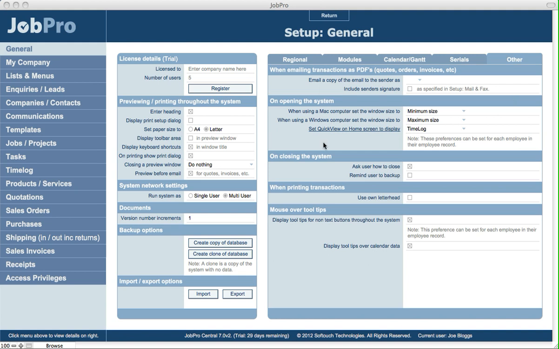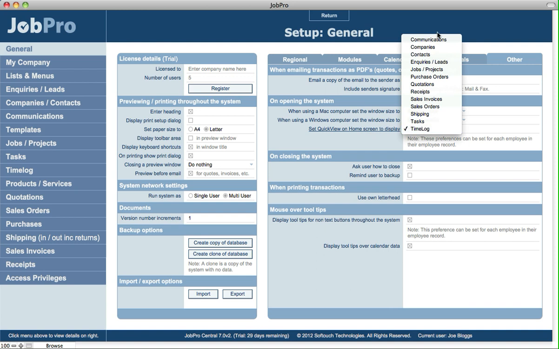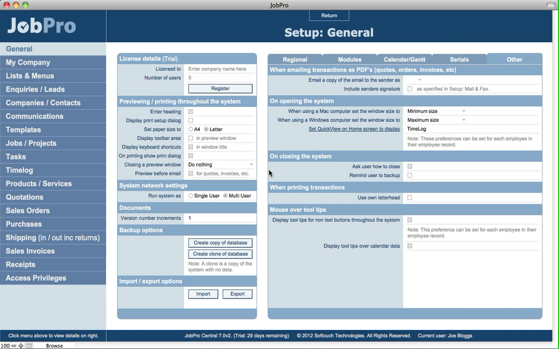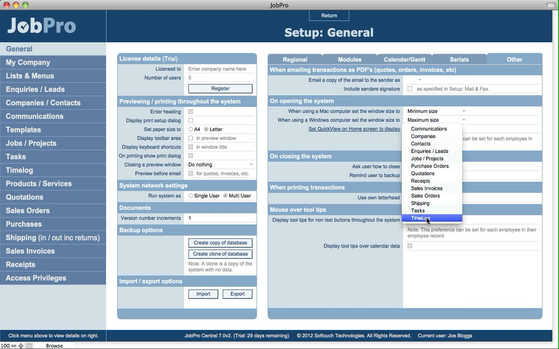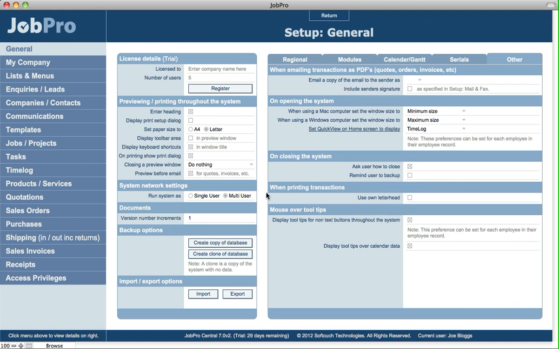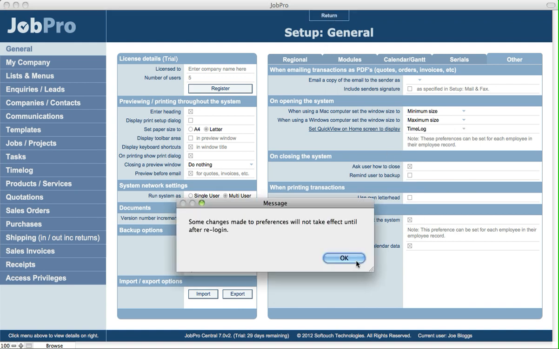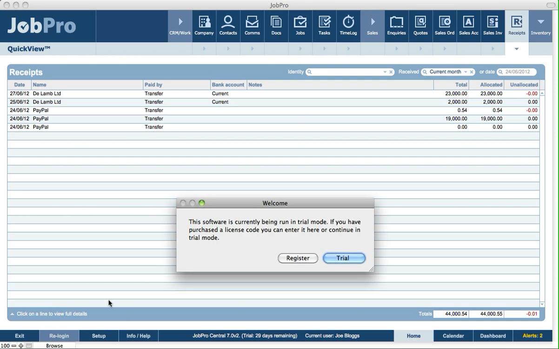So in here, for example, now this is not at a user level. We can also specify this at a user level in the contacts employee record. But here is just a generic level for all users unless they've specified for their own record what they'd like to see when they log in. We can set that when we log in, we can see any of these tabs as a default. Clicking on this will clear that. So let's say we want to see the time log tab when we log in. So if we click on return, and if we re-log in,